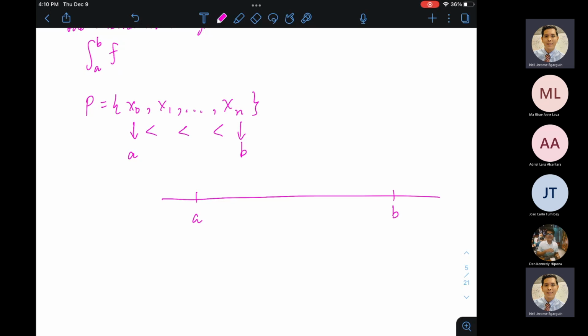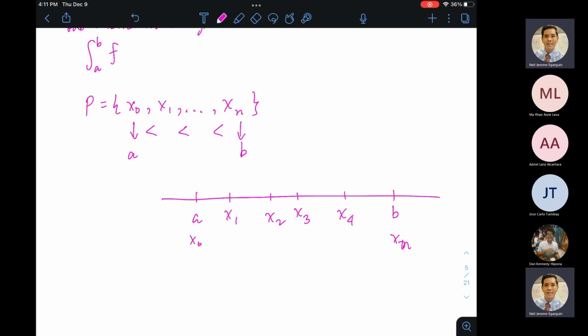So ang idea ng isang partition inducer, meron kang interval AB, siya yung gagawa ng isang partitioning ng set AB. Remember, ang partitioning dapat ay disjoint sets. All right? So dito makukuha natin ay disjoint intervals that will add up, or that whose union will give us the set AB. All right? So ito si x sub 0, ito si x sub 1, ito si x sub n. Diba, meron kang x sub 1 dyan. Tapos si x sub 1 dapat mas maliit kay x sub 2. Si x sub 2 mas maliit kay x sub 3. Si x sub 3 mas maliit kay x sub 4, and so on.